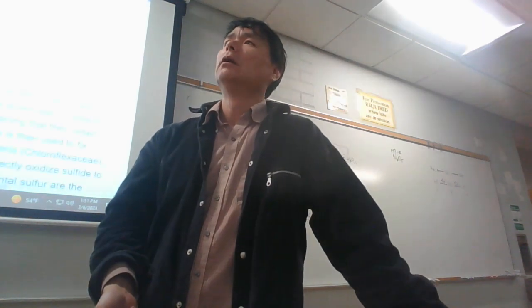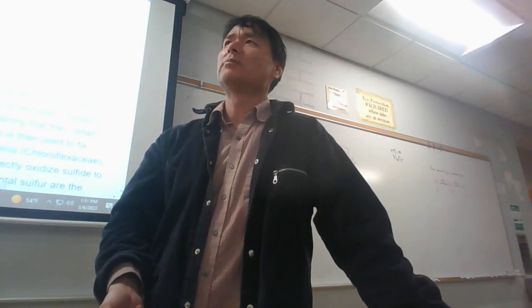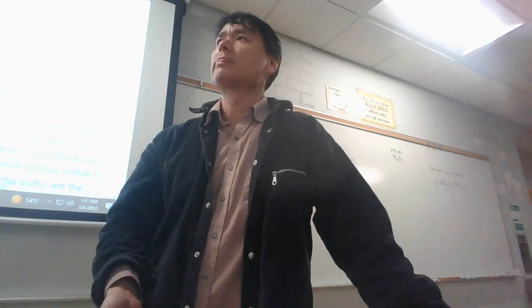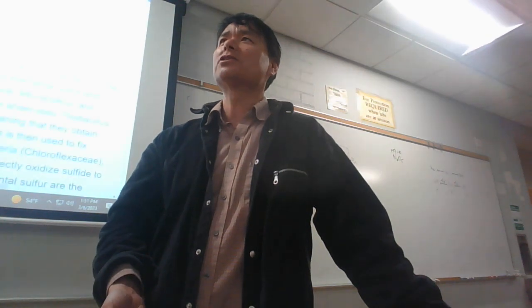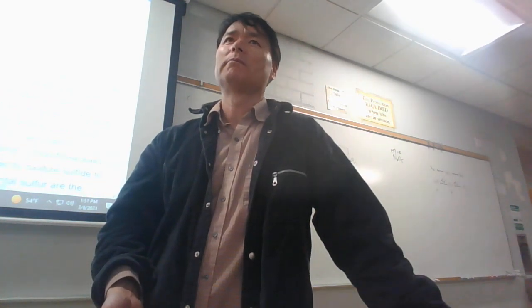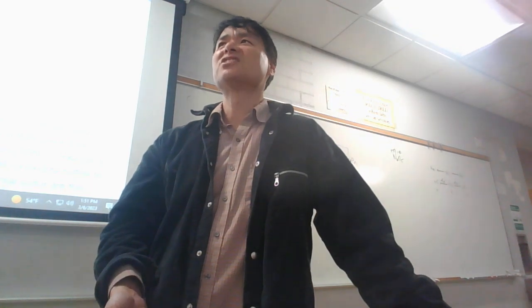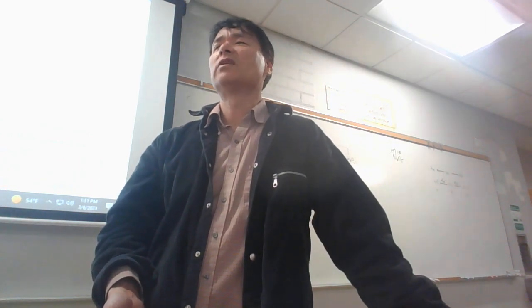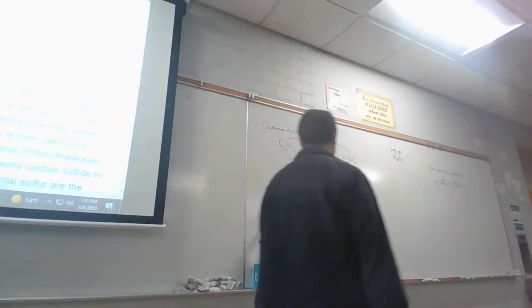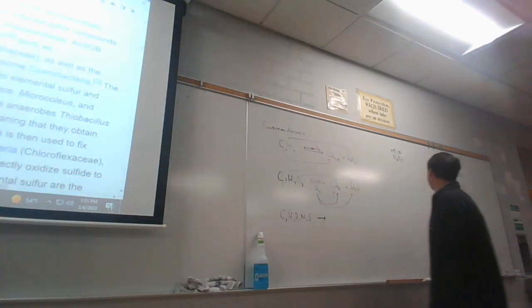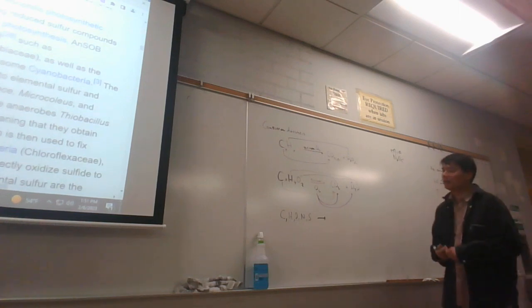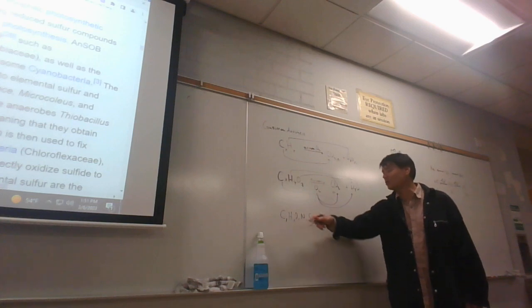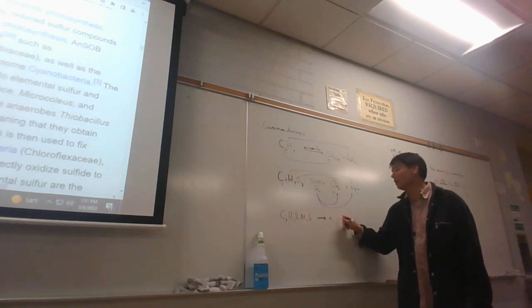electronegativities, what are the 3 most electronegative elements on the periodic table? Fluorine's number 1, oxygen's number 2, and then nitrogen's number 3. Yeah, those are the 3 most we consider. And so nitrogen's not so easy for oxygen to take all 5 electrons. And so what we end up with in combustion analysis, if we have nitrogen in the compound, we end up with